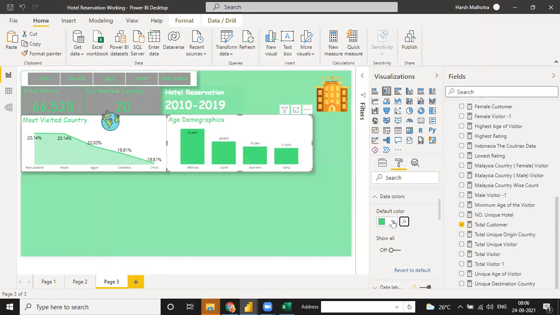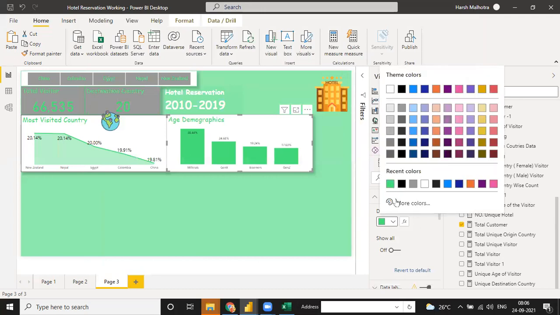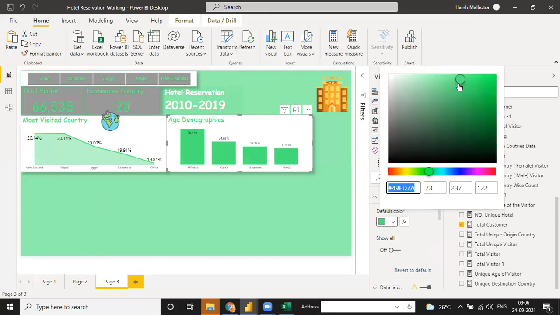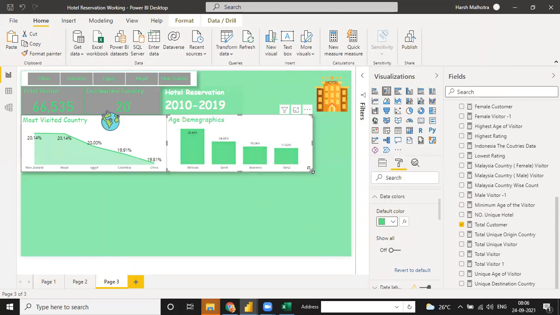Yeah, left. I don't want the color. Go to more. Okay, see your color will be ready. And now you are using a data label.